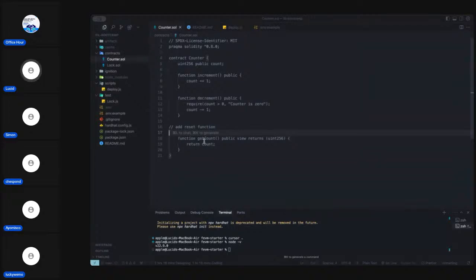Then we also have a get count function, which should return the number of counts we have on the blockchain. So this is just a broad overview, since we're not going into Solidity in depth today, right? So what I need you to do is